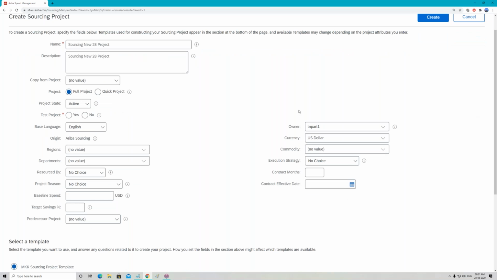Take a guess on this part. Is our sourcing project created? This sourcing project? What do you think? Share your views, guys. Exactly correct. No, our sourcing project has not been created here. So until and unless our sourcing project has been created, none of the template configuration will come into the picture. So where will you make sure the client's requirement is implemented?